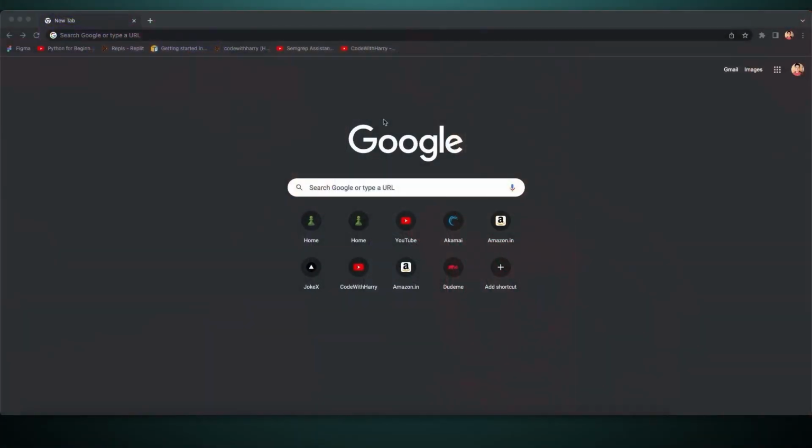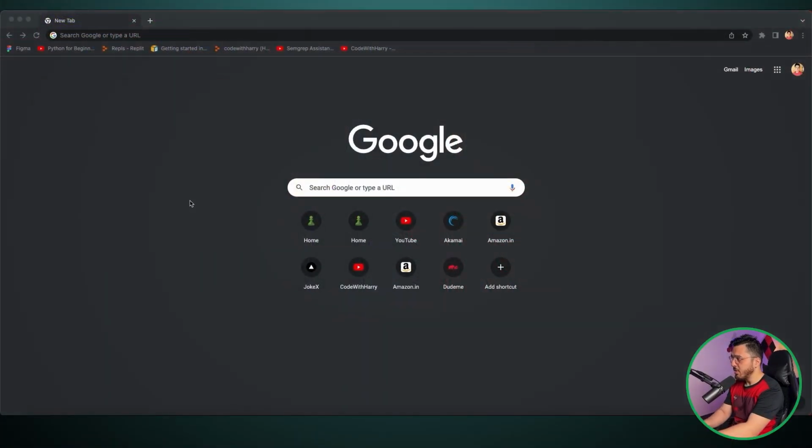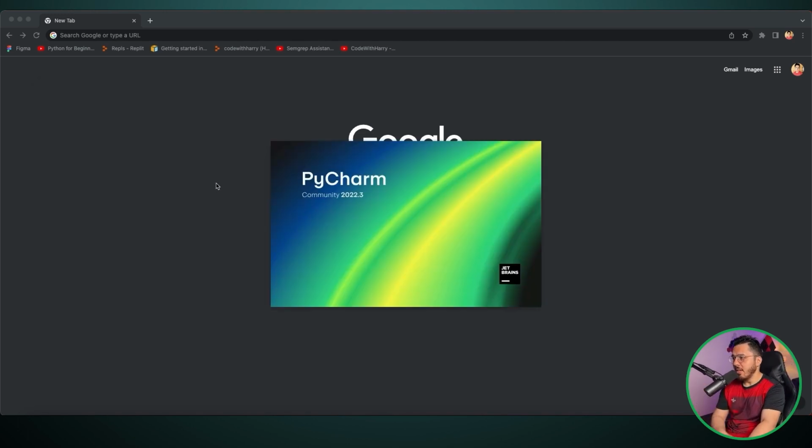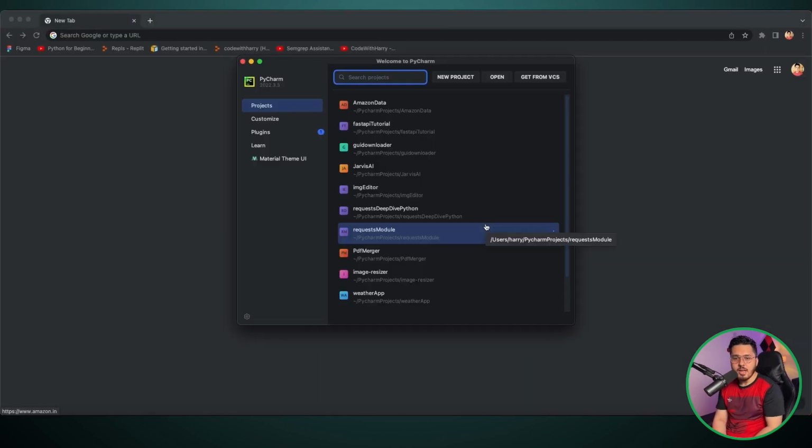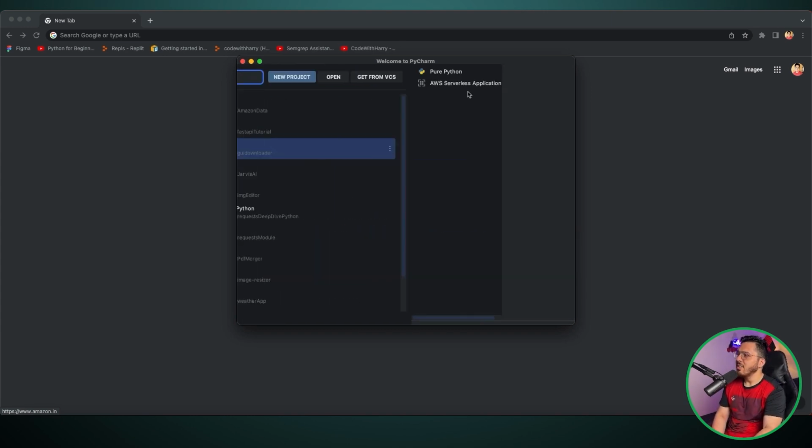So let's get started by creating a PyCharm project, and I'm going to use Python for sure. So let's go to our computer screen now and let's create a PyCharm project. I'm going to tell you the plan initially, what the plan is, and then we are going to execute that plan. Okay, so the plan is to get the OpenAI key and use the OpenAI's API to get a grammar